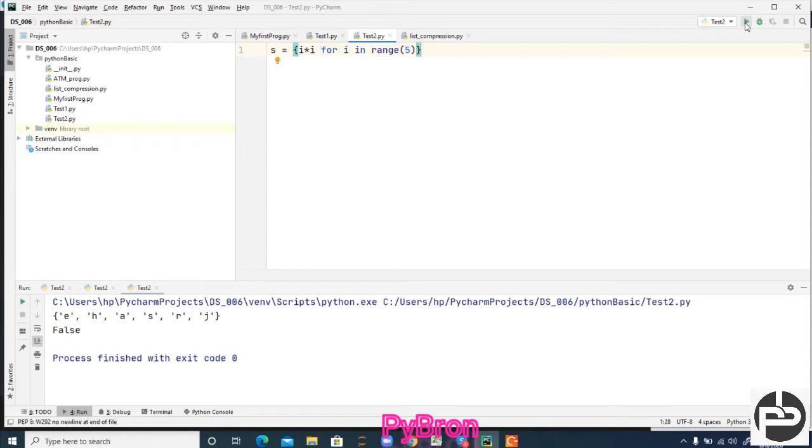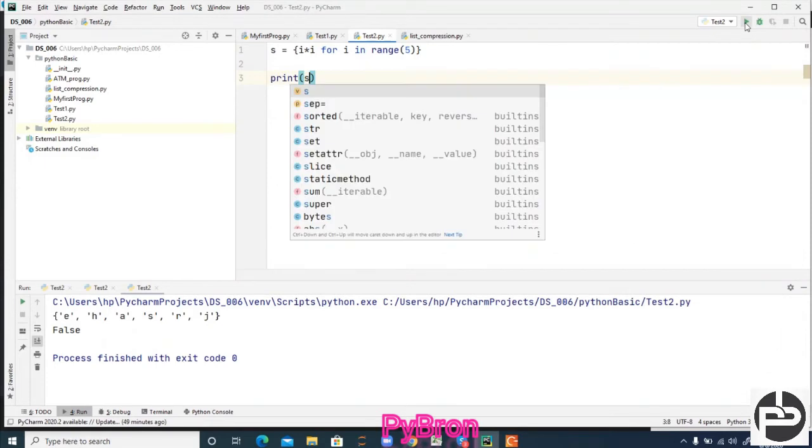If we execute this and print S, can you see this? 0 1 4 9, I got the squares of the numbers between 0 to 5, correct?